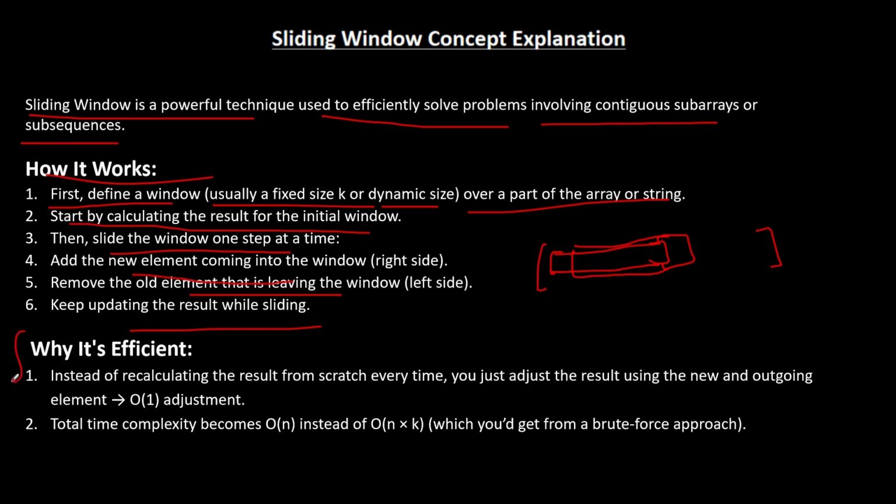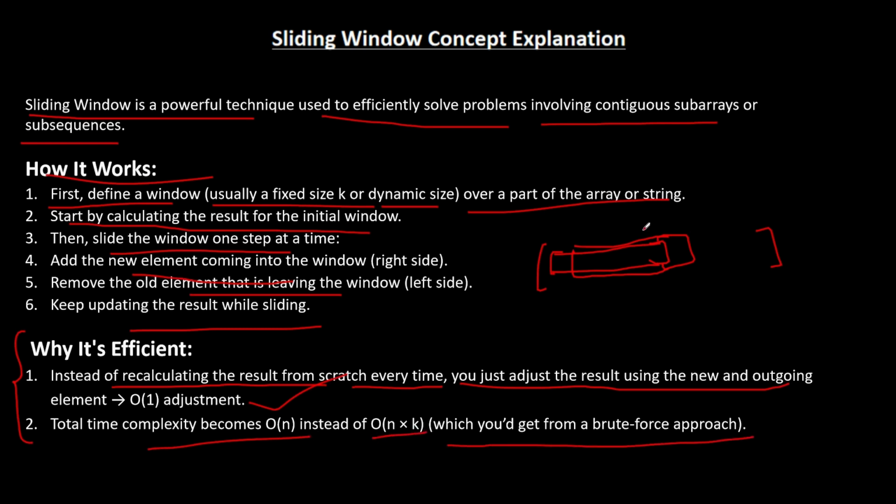Now, why is it efficient to use? Instead of recalculating the result from scratch every time, we just have to adjust the result using a new and outgoing element. That just requires O of 1 time. And the total complexity becomes O of n instead of O of n times k, which you get from the